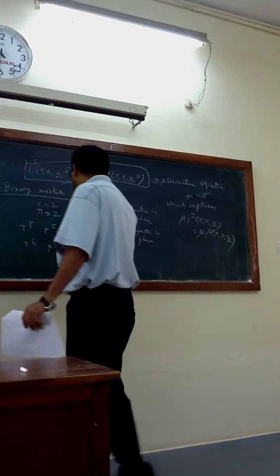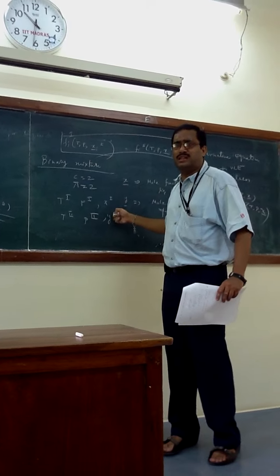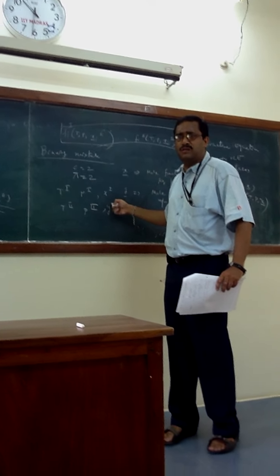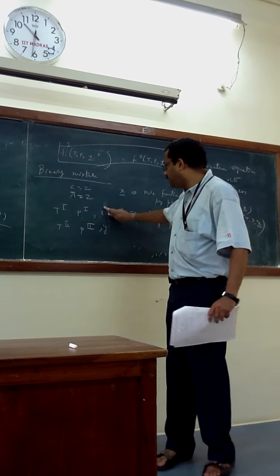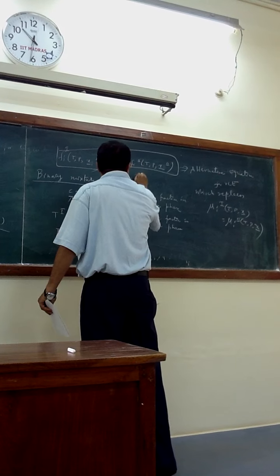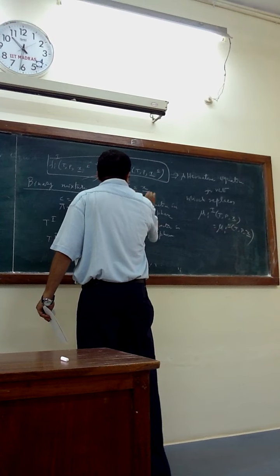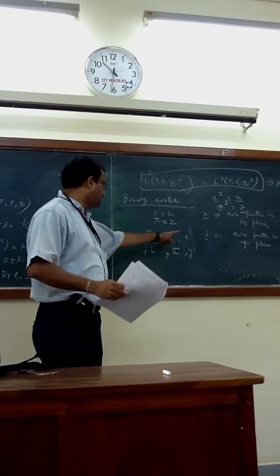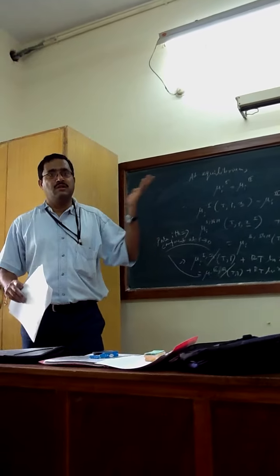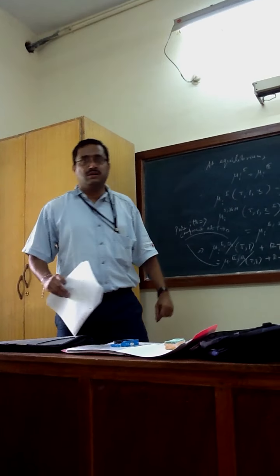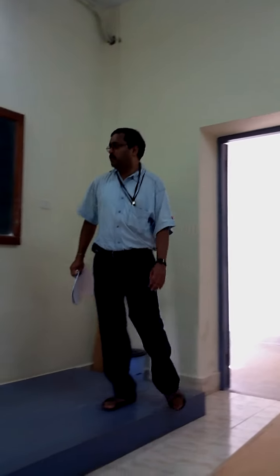x1, here y1. Because we know that T, P, x1 to x(C minus 1) are the independent unknowns. C is 2, so it should be only x1. Similarly, it is replaced by x2. But I don't have x and 1, because I say that x is nothing but the x vector, and x2 is nothing but the y vector. So I don't write any superscript. Only x means mole fraction in the liquid phase, y means mole fraction in the vapor phase, because I have two phases. In that case you are lucky. You may have multi-component, but two phases you can easily handle, no problem. So you have got 6